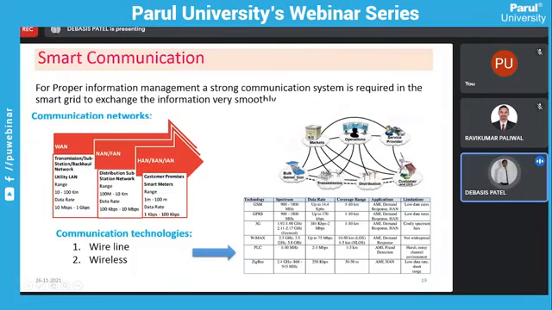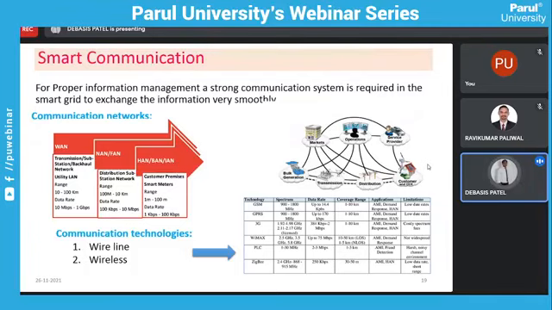This is the small model of our smart grid, that is from the block generation, transmission, distribution, and customer end. So this is the one way, and all other devices are interconnected, right? So this will give you the smart operations. Also, it will facilitate the smart operations in the smart grid through communications only. The smart facilitation will be given by your smart communication. If you have no communication, the smart operations will not be possible. That's why communication is most important in our smart grid.